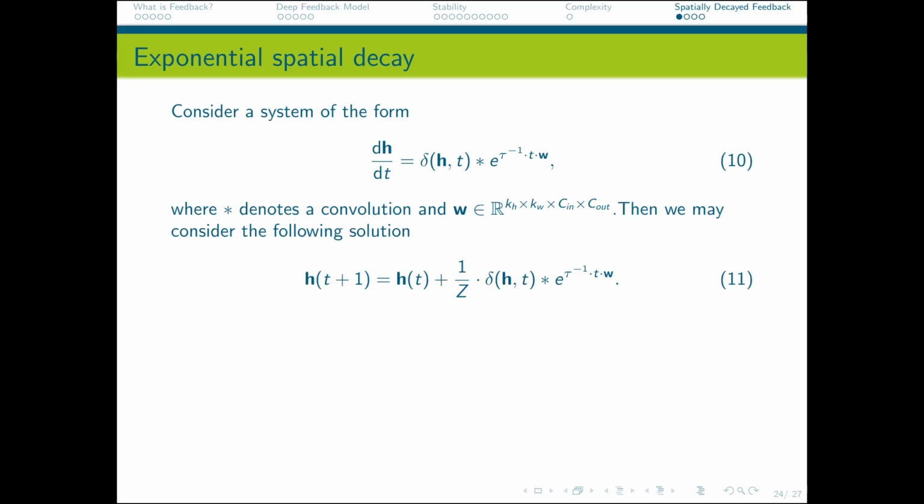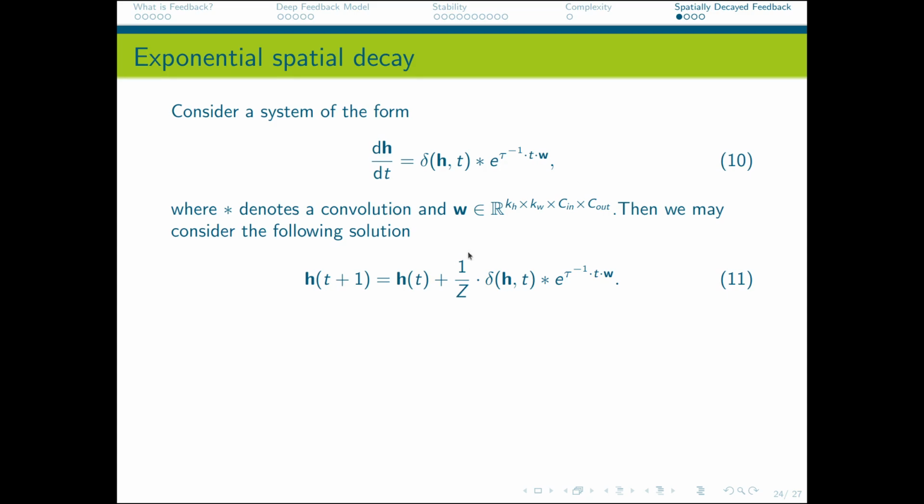Okay, finally, until now we have shown a way of doing feedback that does it pixel-wise, and of course there are tasks such as segmentation, where neighboring pixels matter. So we thought, okay, let's define a system whose derivative is given by the convolution of the error given by a neural network and a kernel system. And the solution to this, using the Euler discretization, if you omit the normalization constant of z, is this one. The normalization constant here is just to make sure